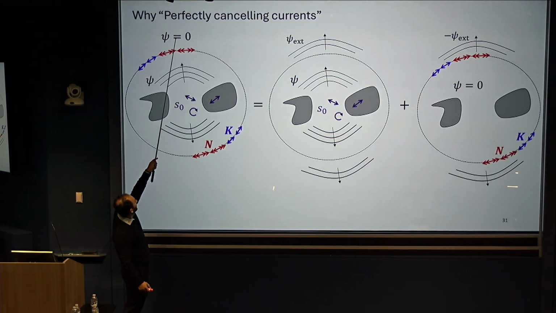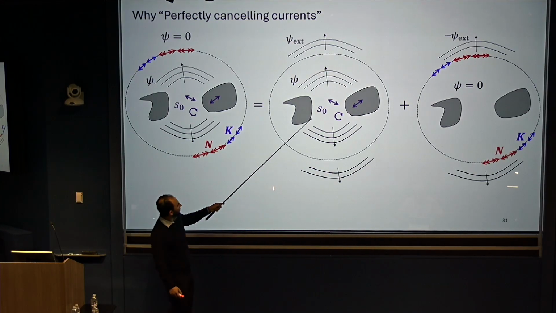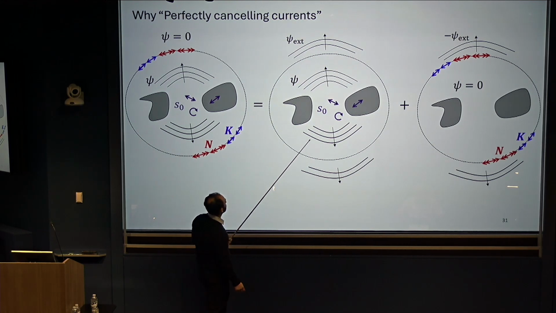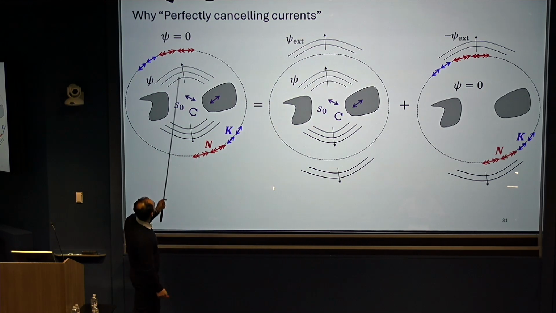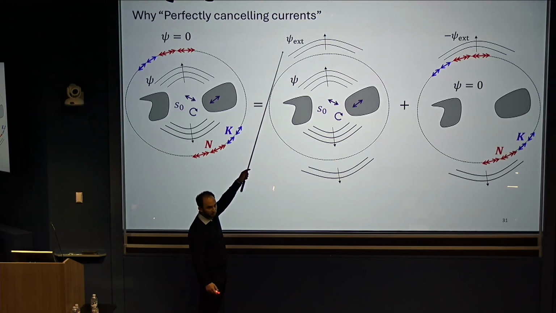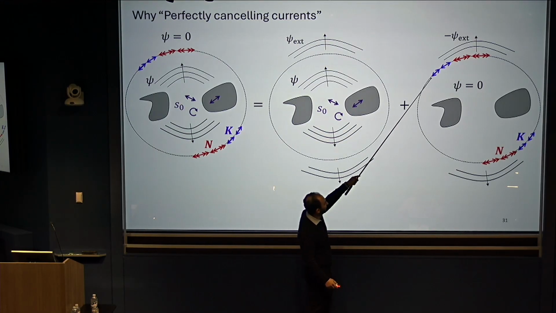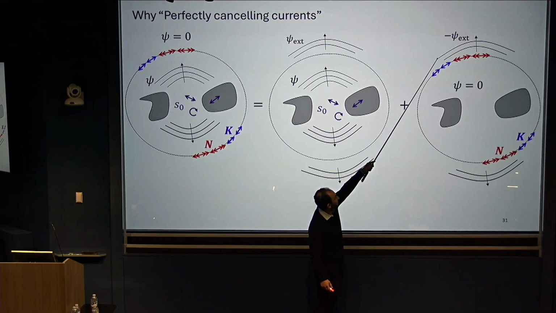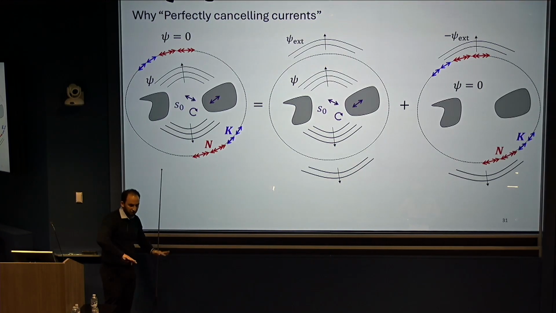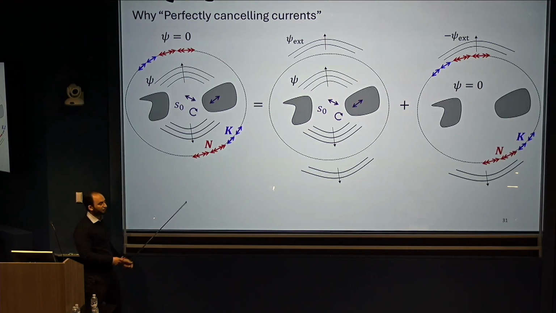Why do we call these perfectly canceling currents? If adding these currents produces 0 fields in the exterior, then by linearity, the original field produced psi in the interior and some psi exterior in the exterior. So the only thing adding these currents did is they nullified this. And so really what they're doing is they're producing just an outward going field that is exactly the negative of the original outward field. So you put these currents down, they just radiate outwards, but they radiate outwards exactly out of phase with the original outward going fields.